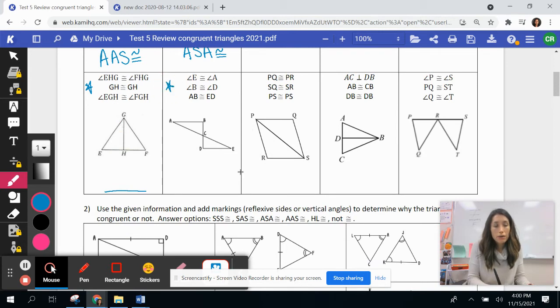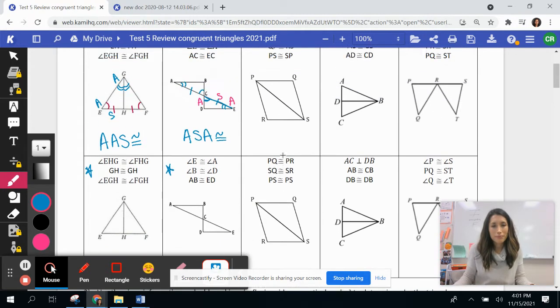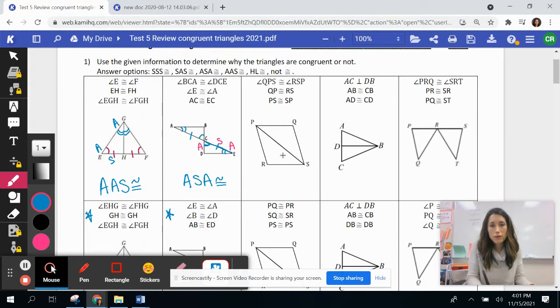And now, after you've added the given information, state why the triangles are congruent or not congruent. Okay, let's try this third one together. We have QPS, so again, tracing from Q to P to S. It's the angle at the middle, P being the vertex. I'm going to put a mark here. Then we're tracing from R to P to S. I'm sorry, R to S to P, S being in the middle. So I'm going to put a mark on angle S,